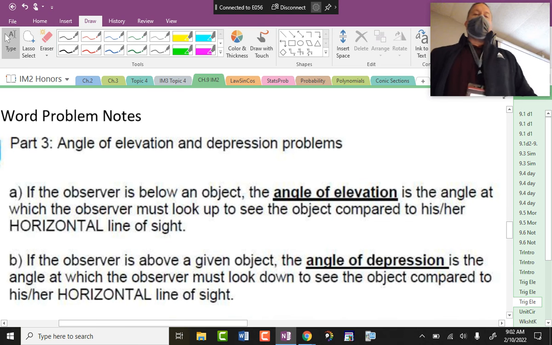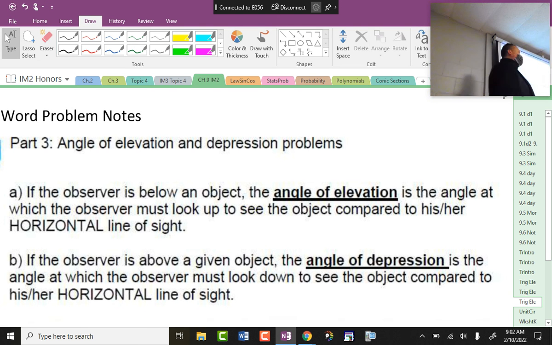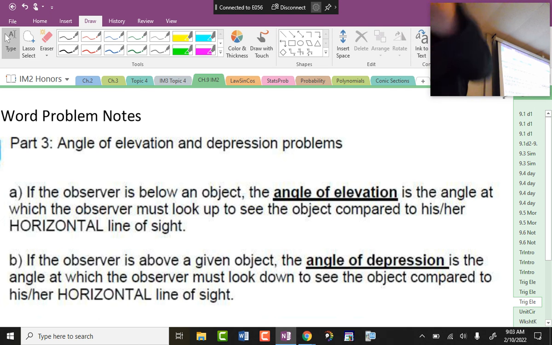But angle of elevation and angle of depression, always a problem. All right. So here's our next thing. And if you read ahead in the homework, you even asked yesterday, what's an angle of depression? And what did I tell you? You don't remember? It was a good joke. A sad angle. The sad angle, remember? All right. So angle of elevation and depression. Okay, the big word